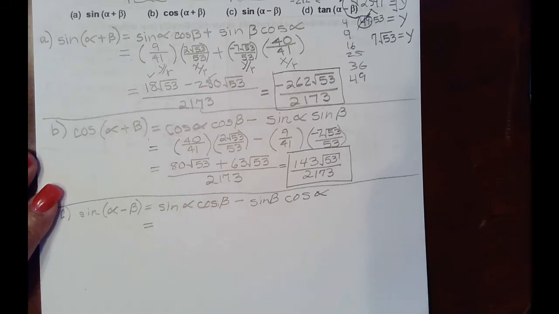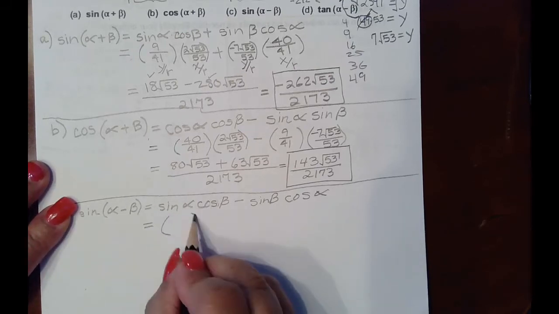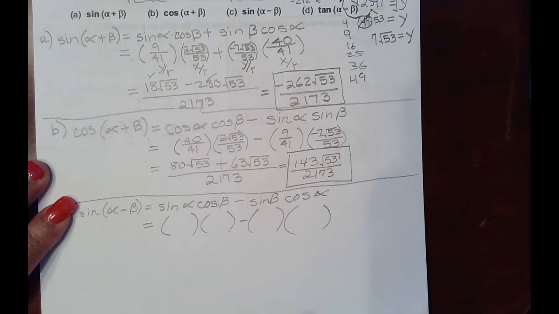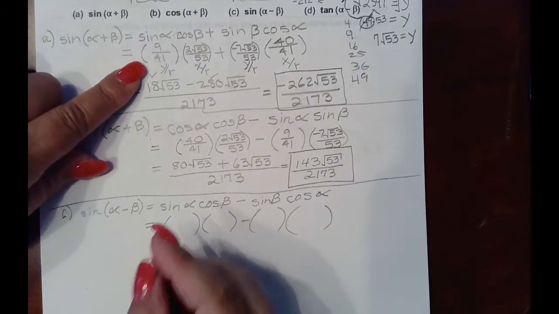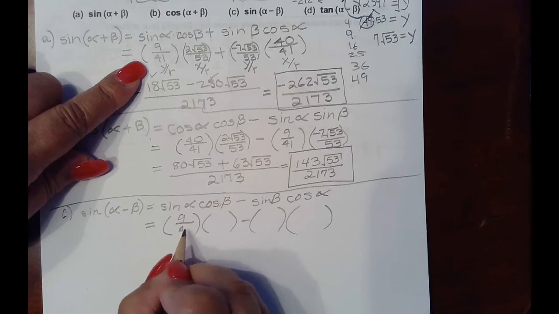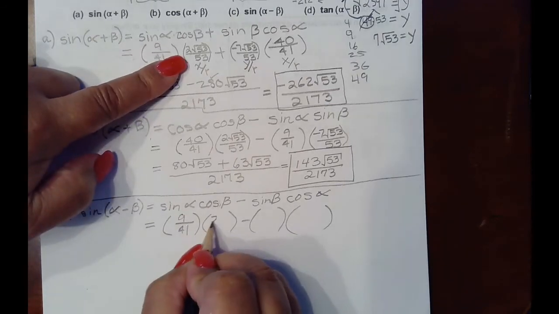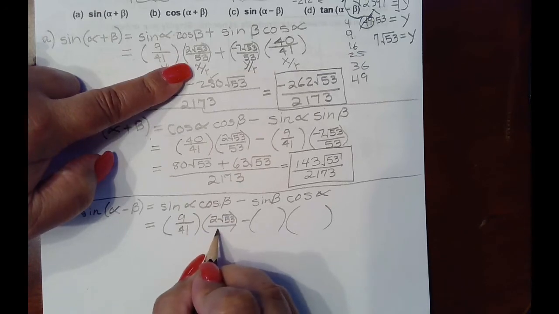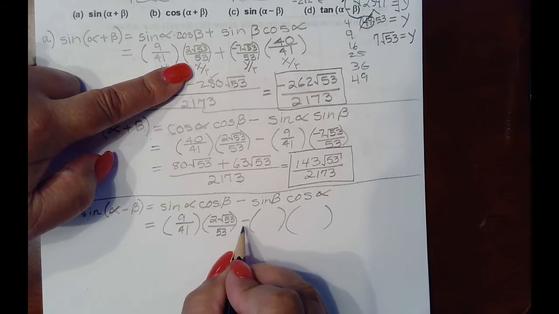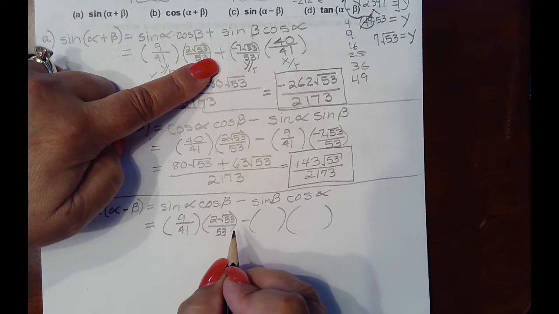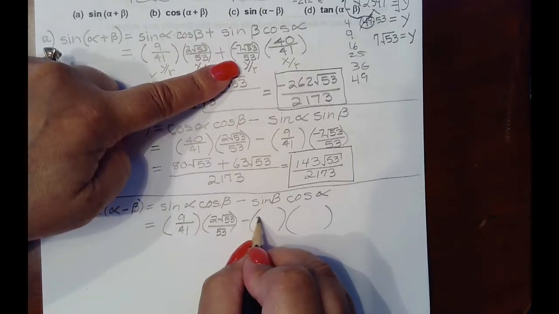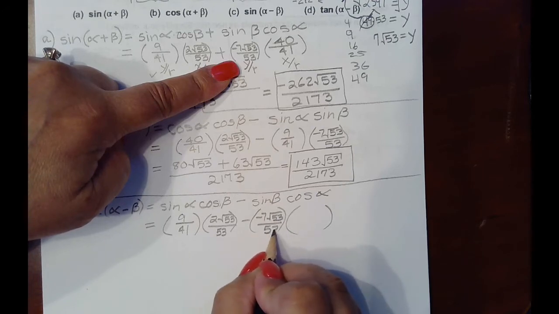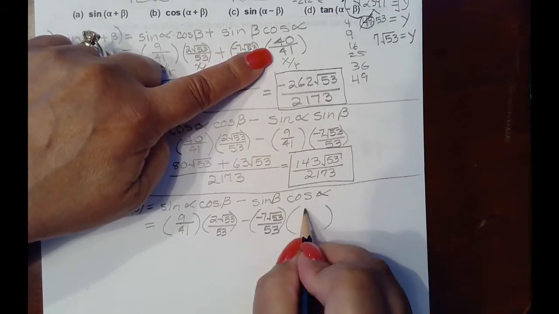Okay, so look at the triangles above if you'd like to get these values, or copy the values from part A. Sine of alpha in part A was 9/41. Cosine of beta was 2 square roots of 53. This is just a duplicate of part A, except it has a minus sign in the middle, and this one had a plus sign in the middle. That sine of beta value was -7 square roots of 53 over 53, and the cosine of alpha value was